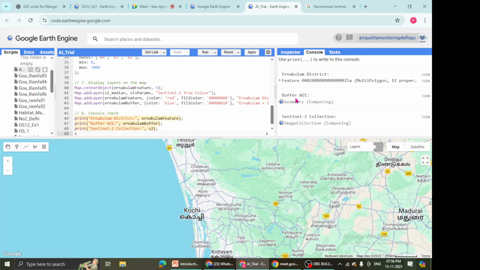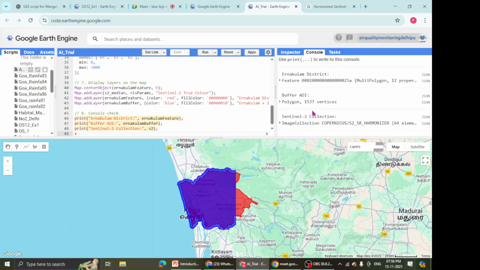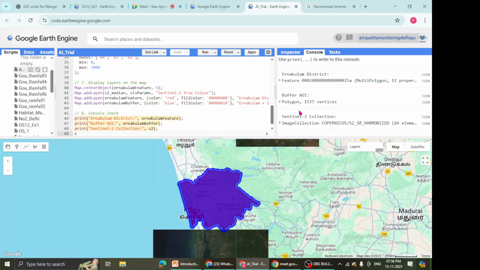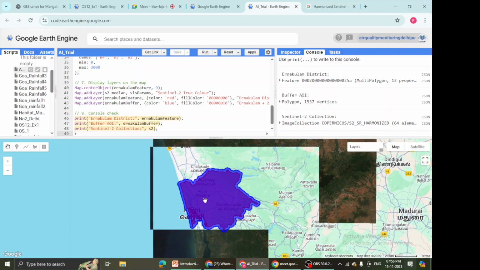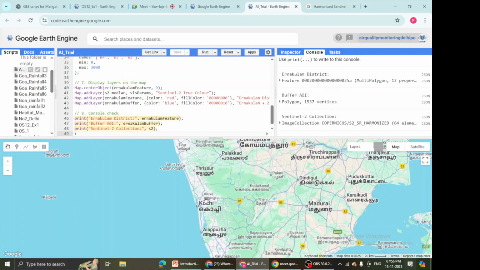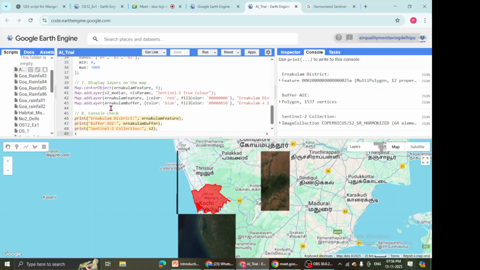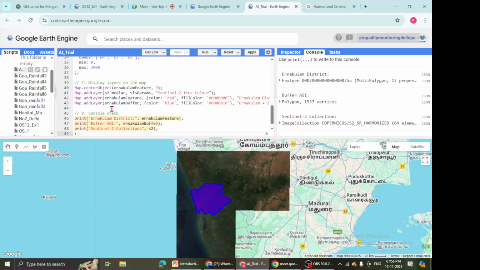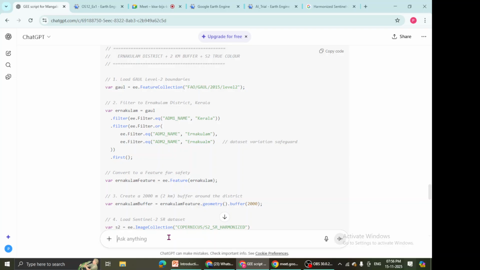So it's creating a buffer and it is also creating Sentinel-2 collection, but it is not clipped. Okay, so it's not clipped. We have to make sure that it gets clipped. So it's displaying the entire scene right now, not only for Ernakulam. So come back, rewrite the script